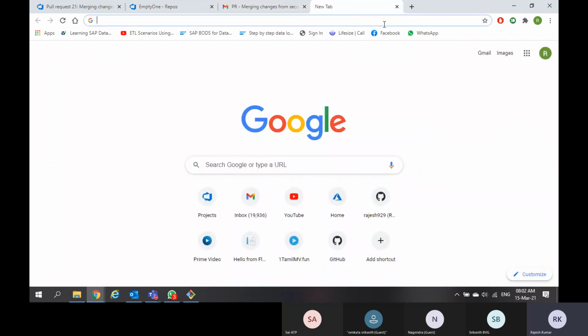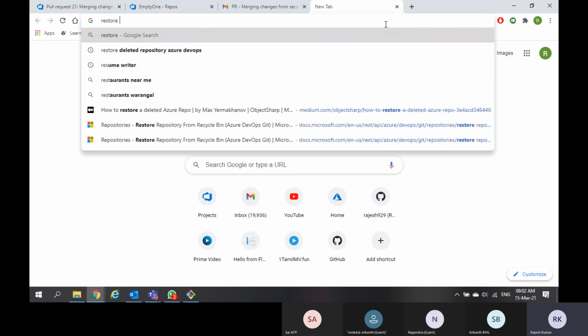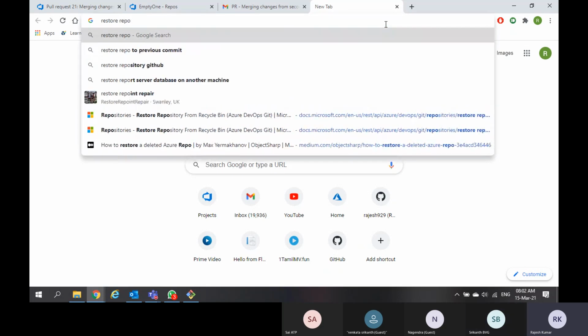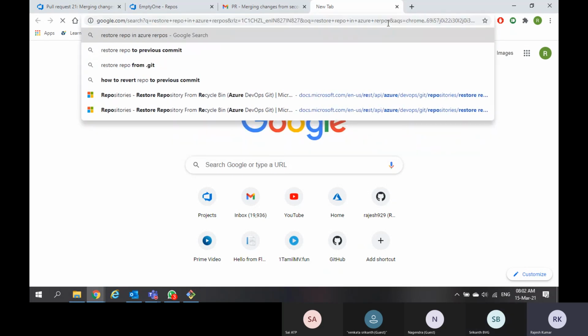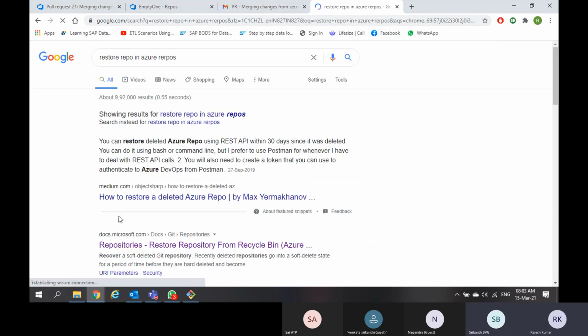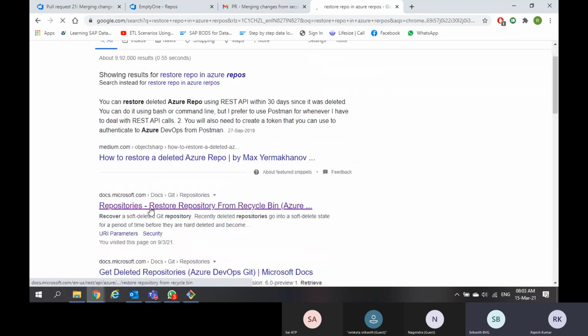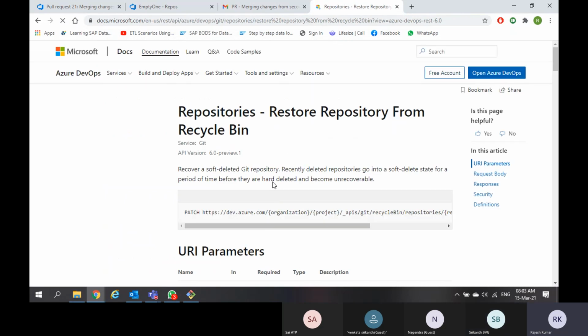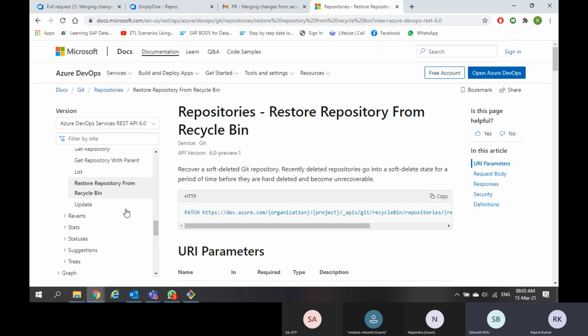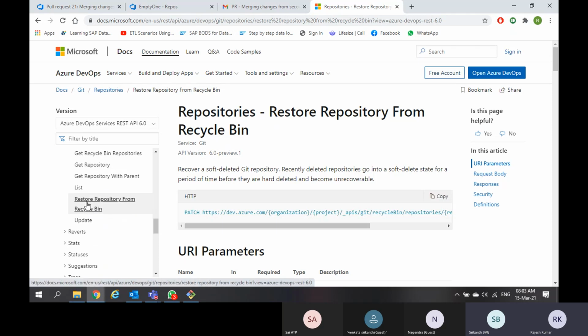If you want to restore the repository, it is using REST API. You go directly to the section, restore repository from recycle bin. So you need to perform this action.